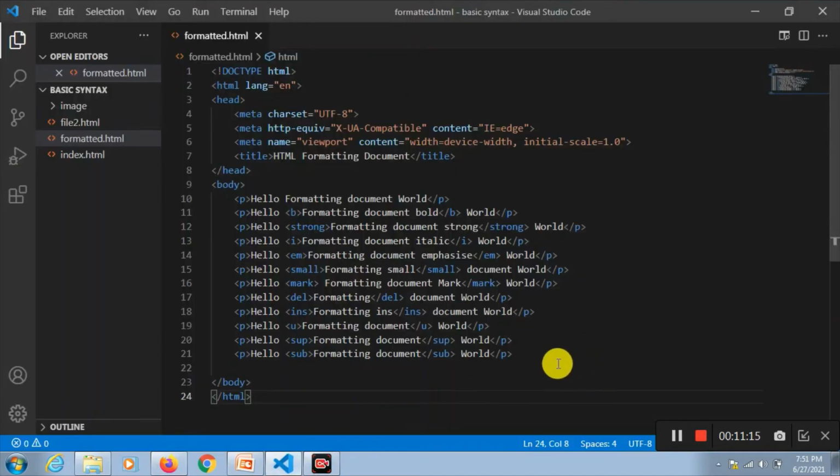Sometimes you can give multiple effects also. Let's give here one more. I'll show you.